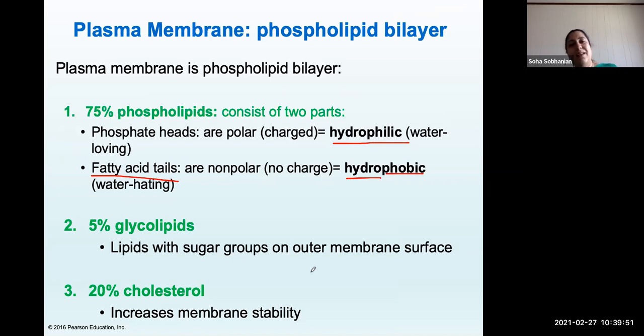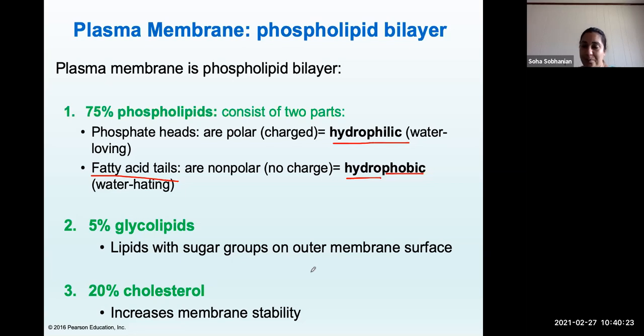So the rest of the membrane also has fat. You've got to remember, guys, remember cholesterol, we said fats are really good. It's important, we need to have it. 20% of your membrane is cholesterol. So we have to eat cholesterol. You have to consume that healthy fat to be able to maintain your phospholipid bilayer. And the other 5% is glycolipids, basically lipids and sugar put together, and it's a relatively small